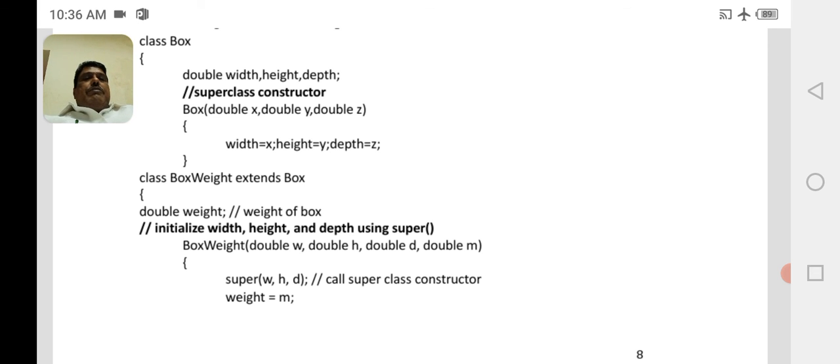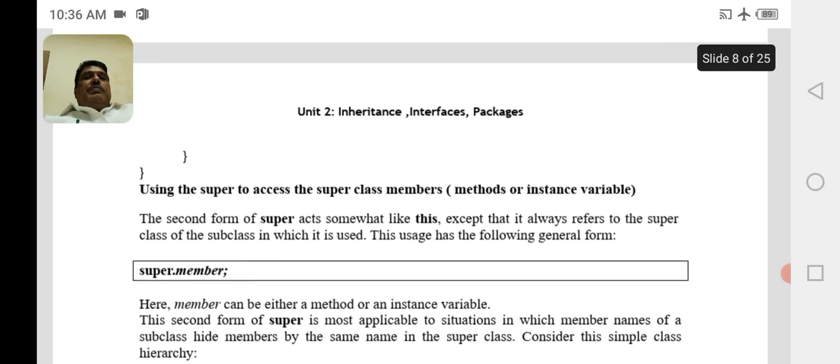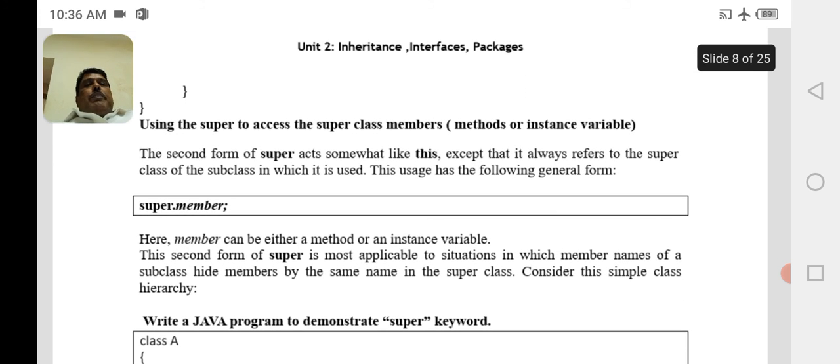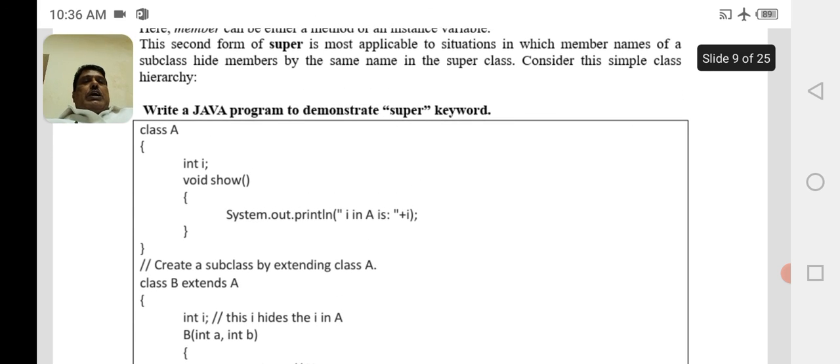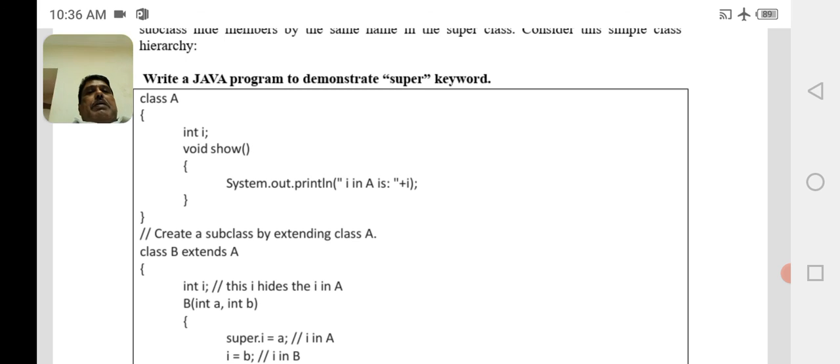This we have already discussed. And to call upon the superclass members, whether it is a variable or method, the syntax is super.member. Here is an example code in which we call upon the superclass member, whether it is an instance variable or method.